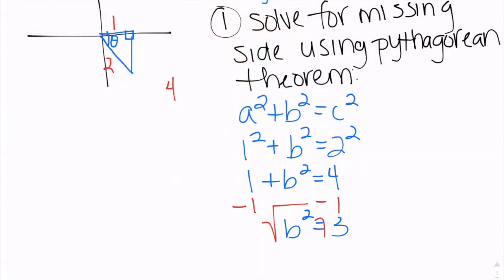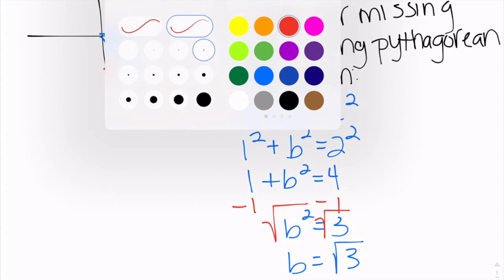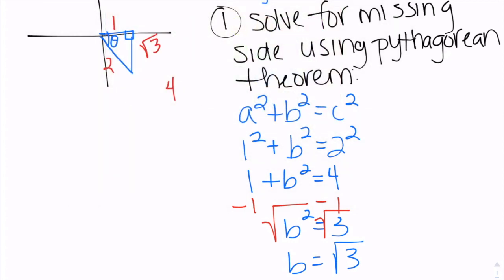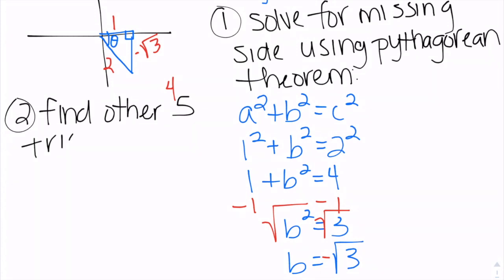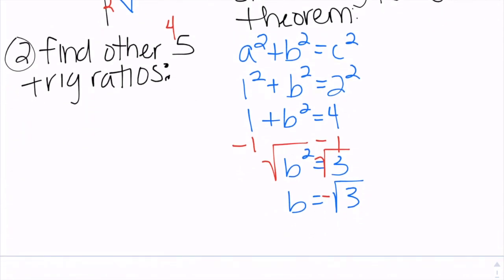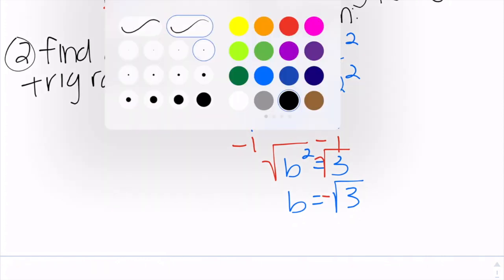And then we're going to take the square root of each side, which gives us b equals the square root of 3. But we want to keep in mind that if we go over here to our triangle, this is actually going down on that side, which means that needs to be a negative square root of 3. So now step 2 is going to be find the other 5 trig ratios. And so that means that we're going to need to find